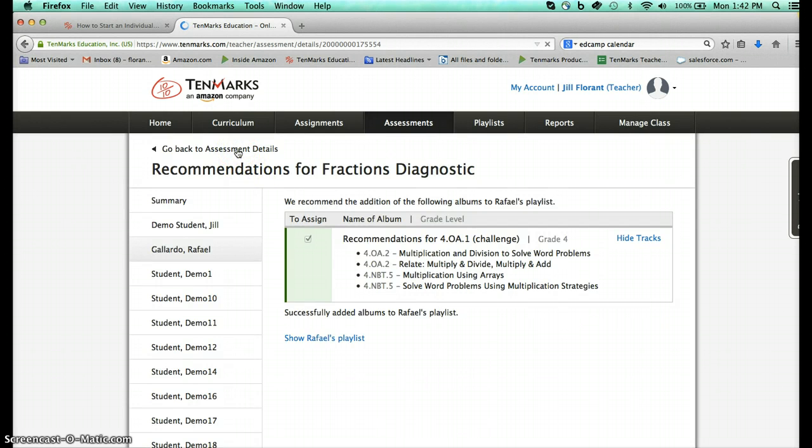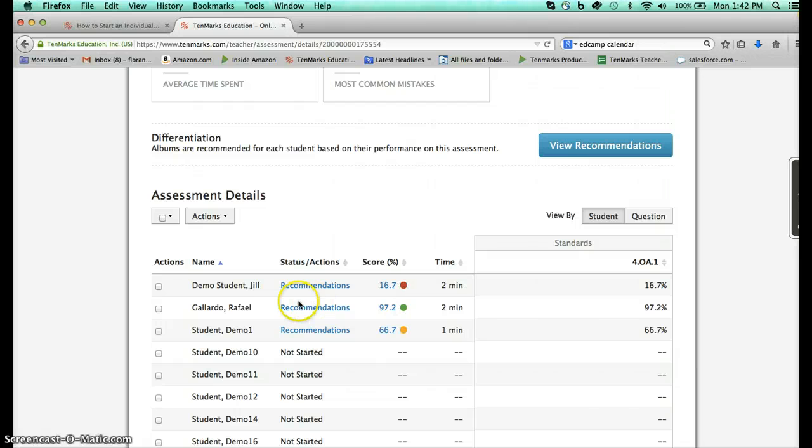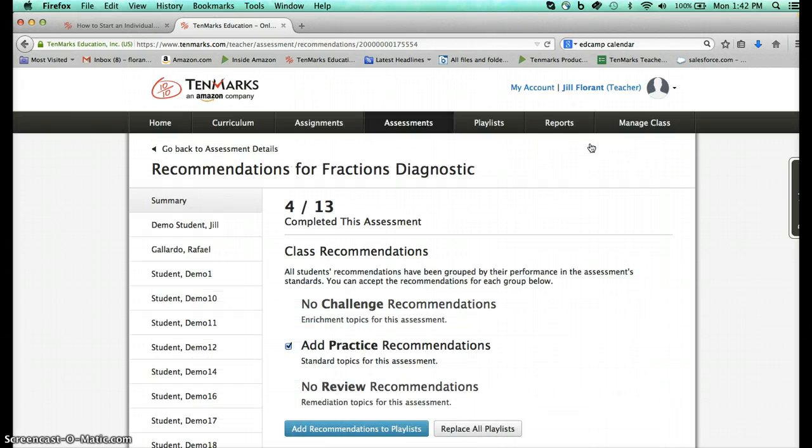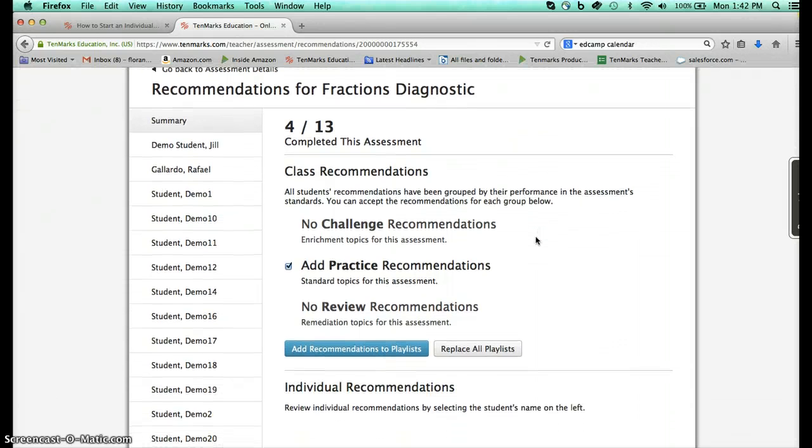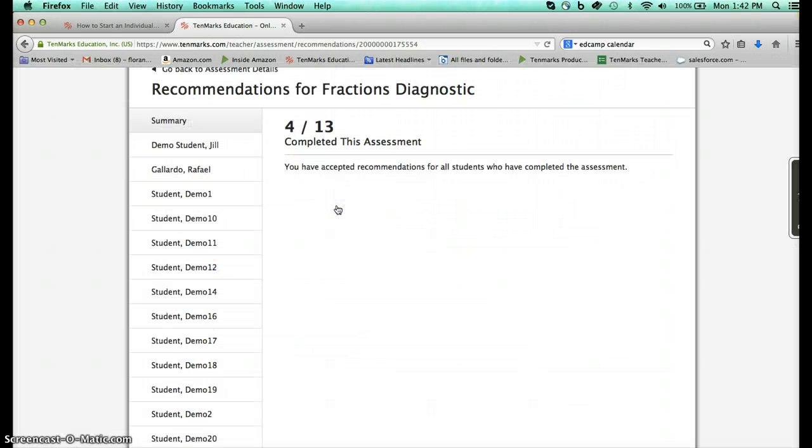If I go back, what you'll see is that now this student, Raphael, has got his playlist, but I could have alternatively clicked on View Recommendations, and that will show me all of the recommendations for my whole class that has completed this work. And I can either add recommendations to playlists or replace all for all of my students in this case. So if I wanted to add all of the practice recommendations and add those to the bottom of the playlist, all I have to do is simply click here and click OK. And now all of these students have had the